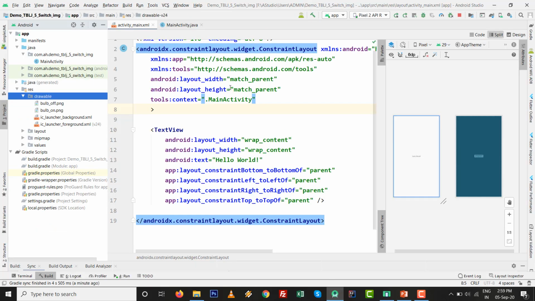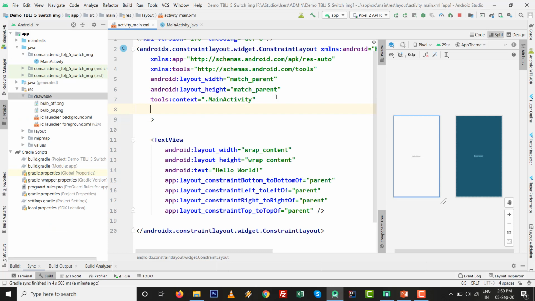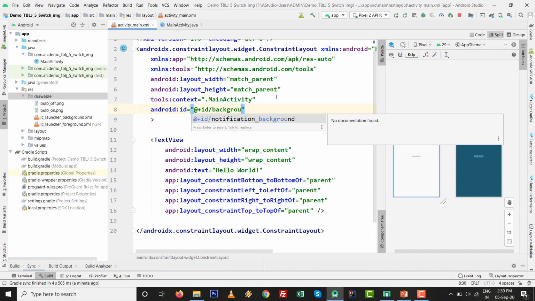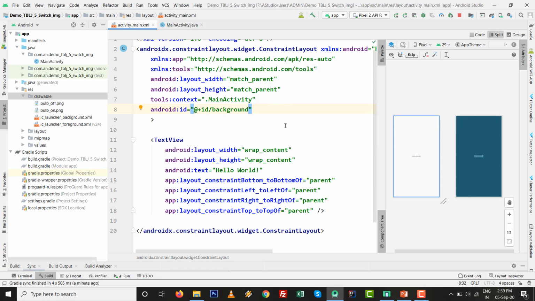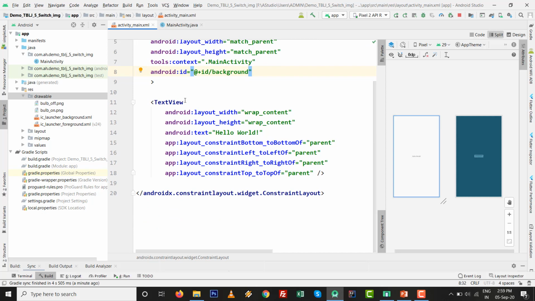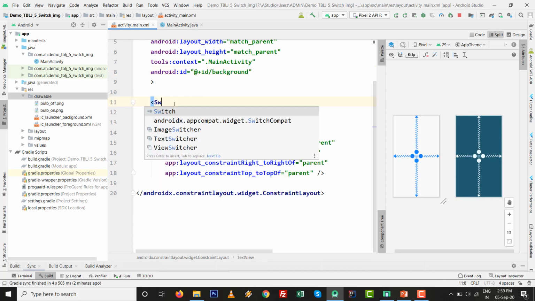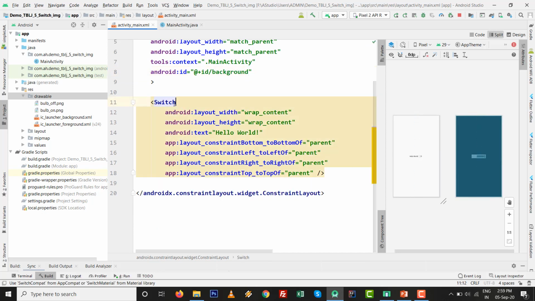Now building my screen in activity_main.xml. First I give an ID to my constraint layout because I want to change the background accordingly. Then this TextView I replace with the switch.